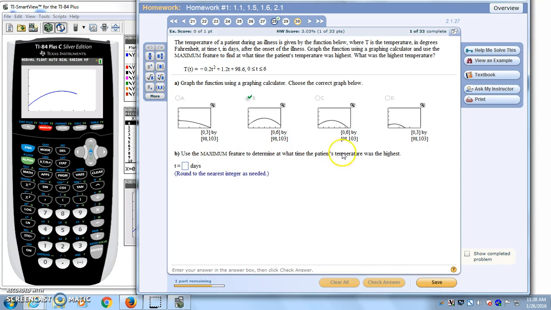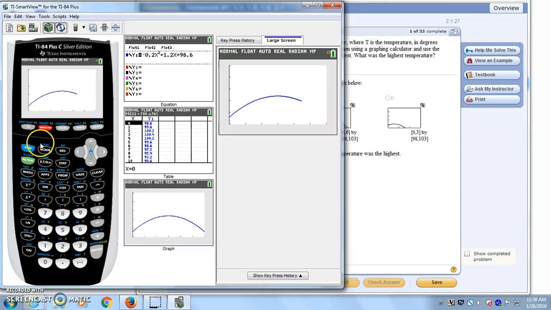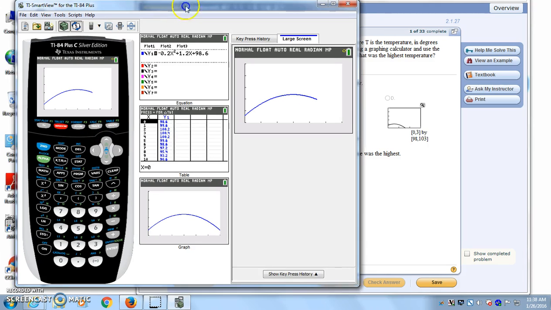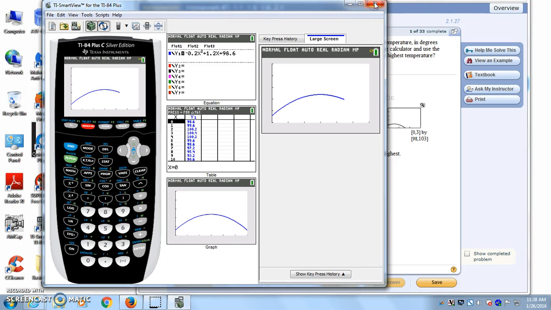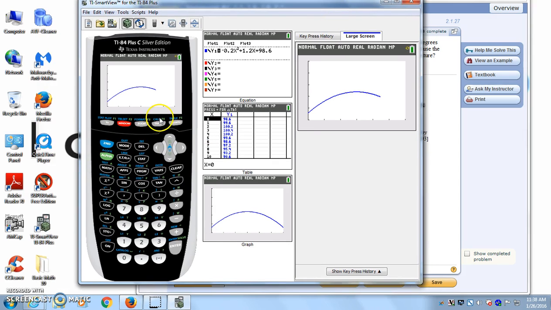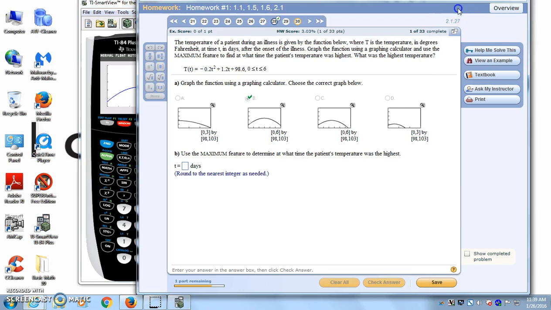And then use the maximum feature to determine the patient's maximum temperature. So we know how to do maximum now. We just go second calc, and I'm sorry, I'm going to have to restart this, I think. This stopped working, but just follow the same directions as for the last one. If we go to second calc and choose option 4 for maximum, it looks like the maximum is right about here at x equals 3. So if we choose a value to the left and a value to the right, it will give us an answer back right around 3 for the input, or excuse me, for the input at 3 days, and it will give us